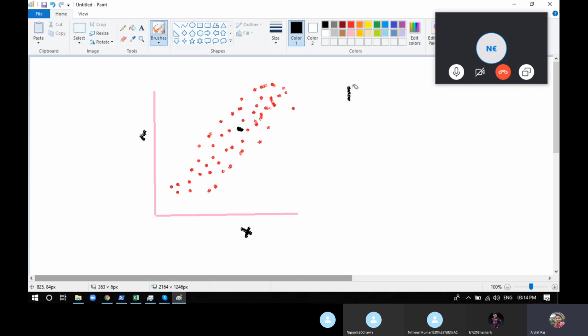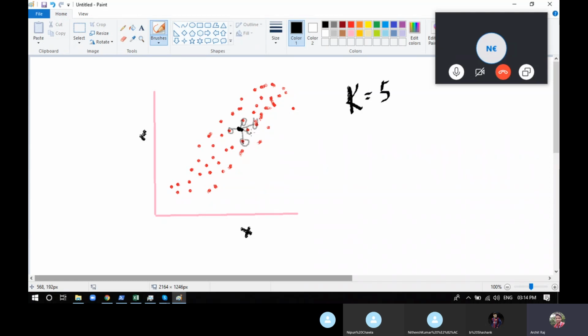So again, we'll have k equal to, let's take k equal to 5 here. Okay, k is equal to 5. So what we'll do, we'll try to find out the 5 closest objects, or the 5 closest data points. So this one, and looks like this one. So we have 5 different data points which are closest to the unknown data point.